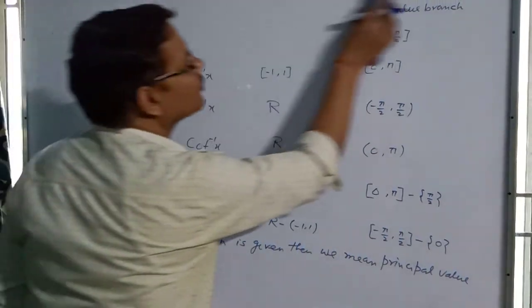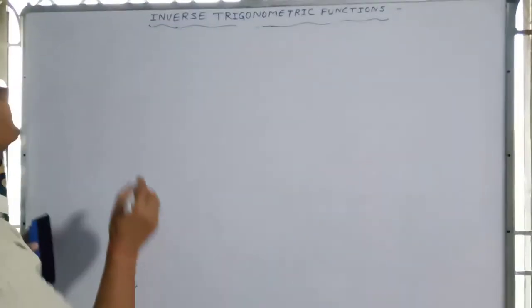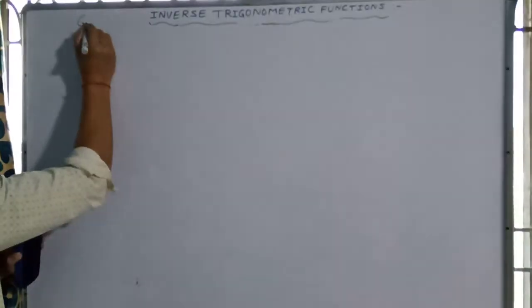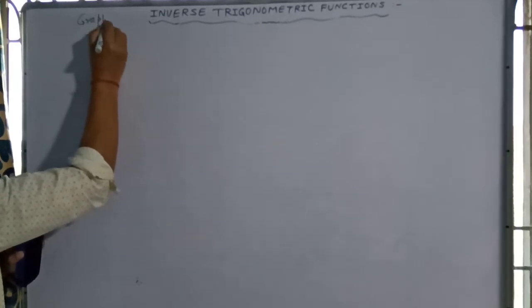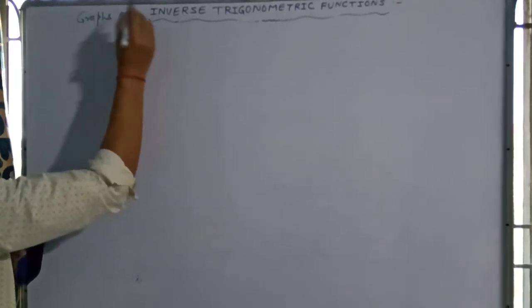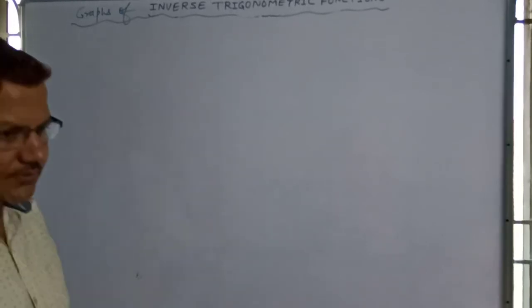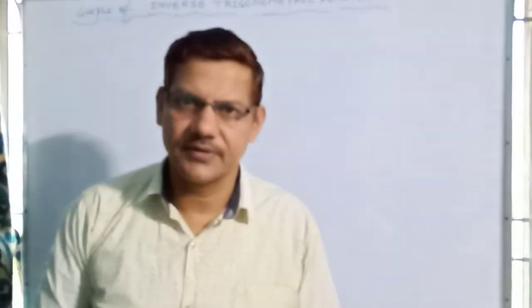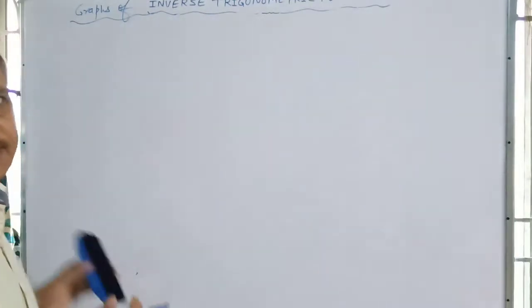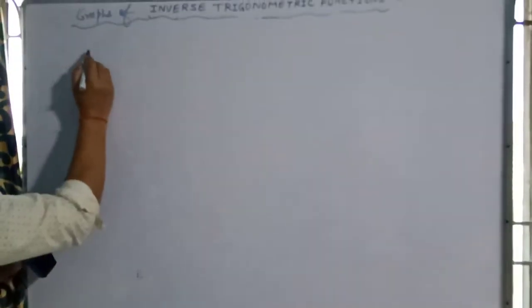Now come to the graphs of inverse trigonometric functions. For the graph, first we have to discuss the graphs of trigonometric functions, then we have to change the axes to get that. We are starting from